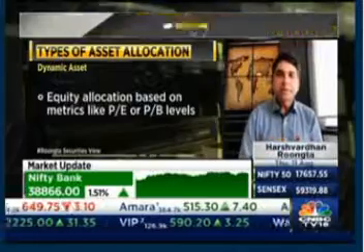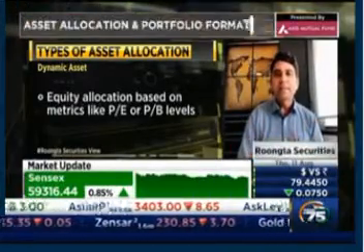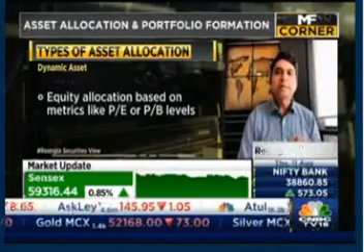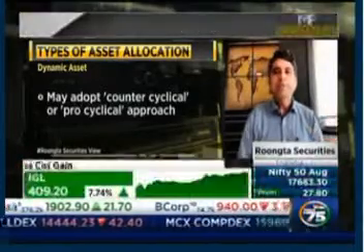Now, the equity valuation metric can be different. You could have the underlying valuation metric be a price to earning, or a price to book level. And then you decide based on market valuations how much of your allocation will be in equity and debt. Now, in this, there are two different strategies that you can undertake. One is counter-cyclical, one is pro-cyclical. There are different ways in which you can design your asset allocation mix based on this type, which is dynamic asset allocation. Most popularly, we've been talking about the balanced advantage fund, which is nothing but a